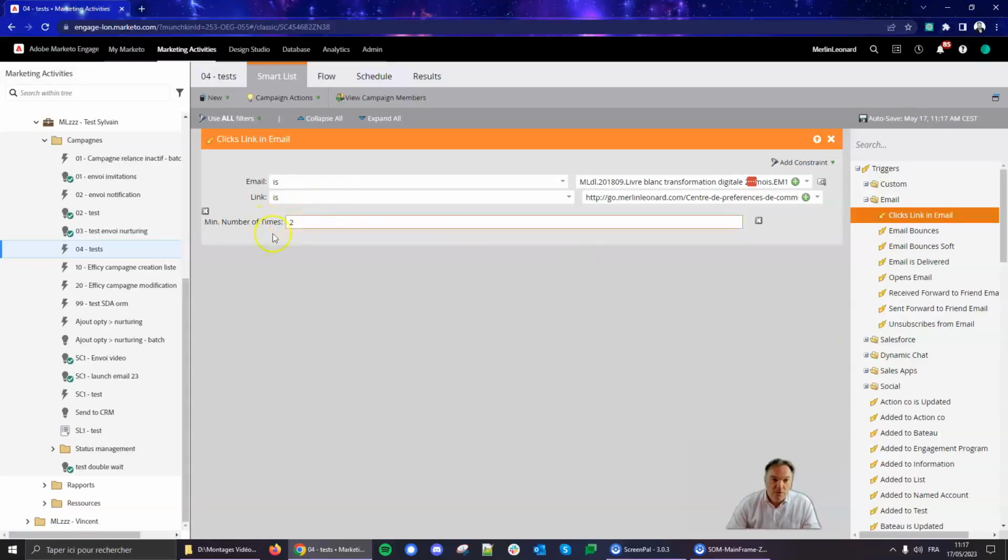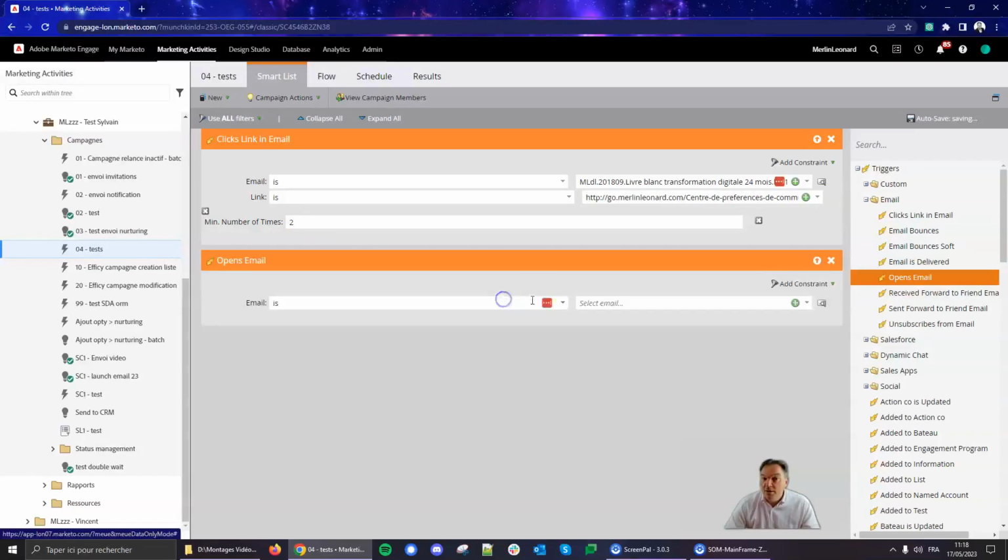So I want to trigger an action in this flow for whoever clicks in the future in this email, on this link, as soon as the person has clicked twice. And we don't have any time range for that. So that's very convenient.